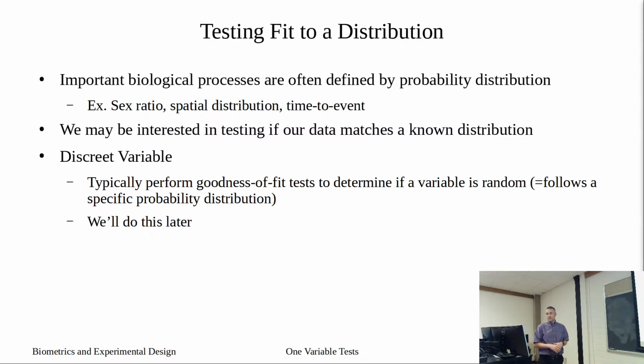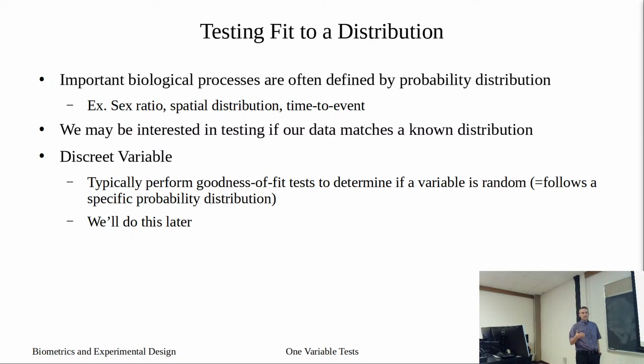So you go out and collect 100 different nests. You can fit your sex ratios to this binomial distribution, no problem. Spatial patterns, survivals, time to death events, those follow a clearly defined probability distribution. There are other things though, like